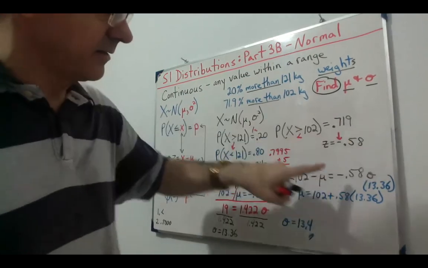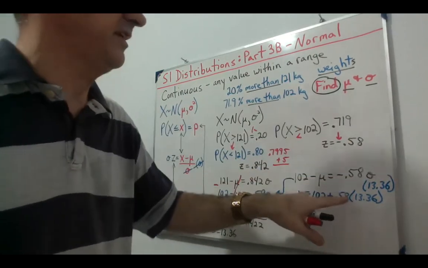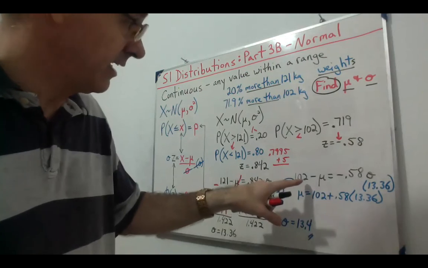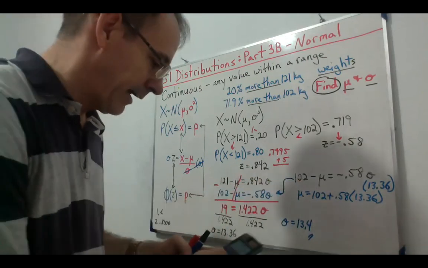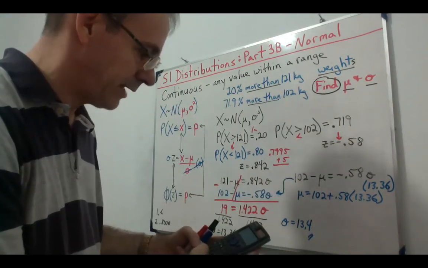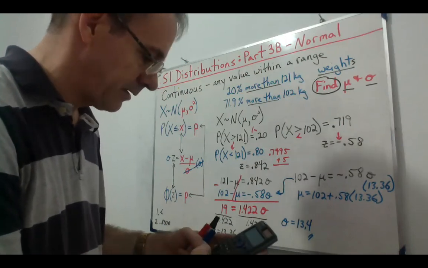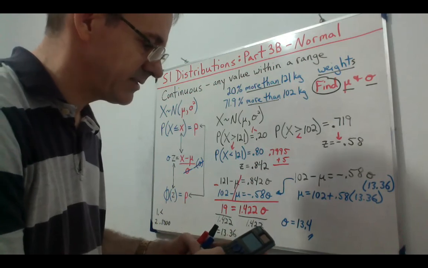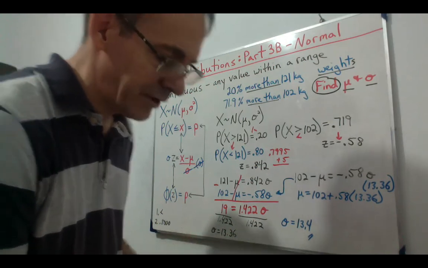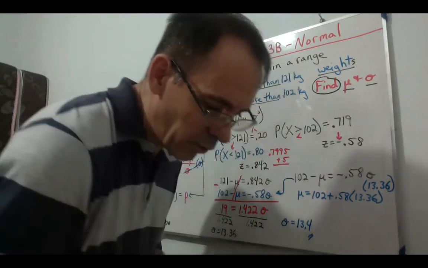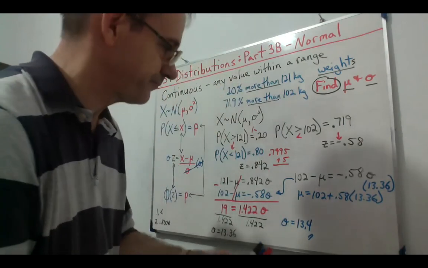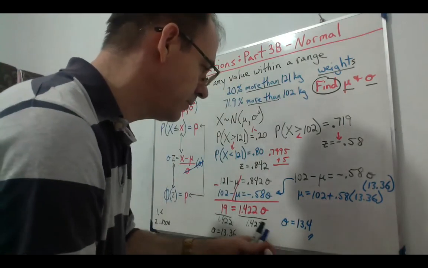We add the 0.58 times 13.36 to this side with the 102. And so 102 plus 0.58 times 13.36 equals a 109.7. So our mu